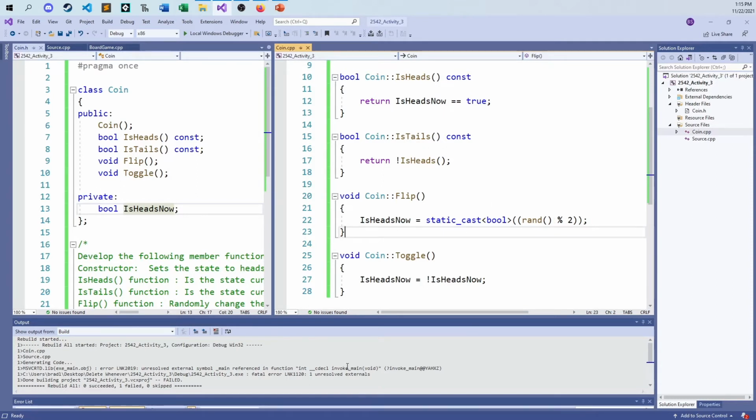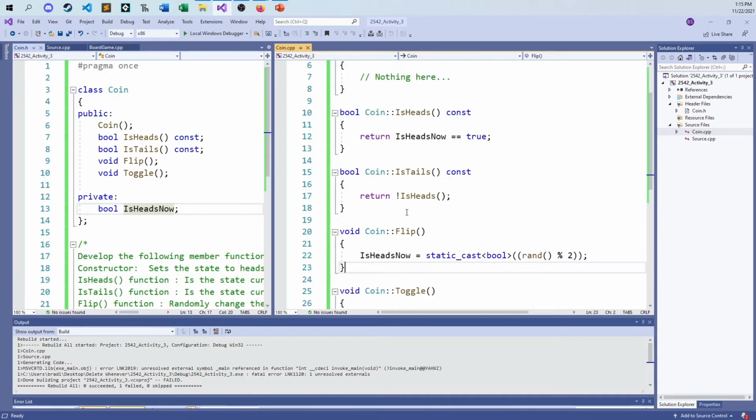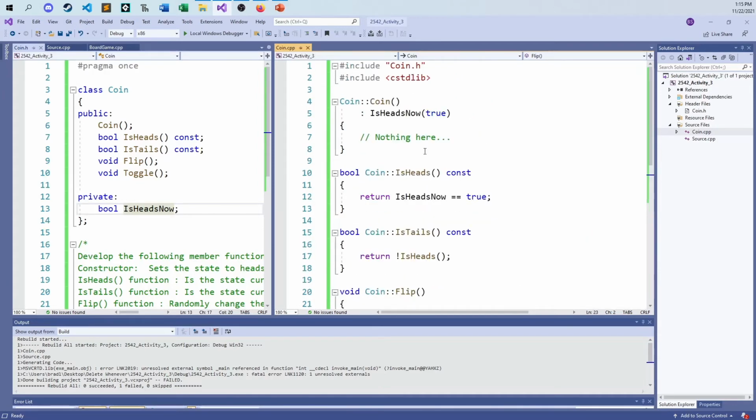Okay, so now the only problem that comes up is a linker error, because as we were doing this, we never set up a main function, and the class itself is now done. All the things that we need to do. This maintains